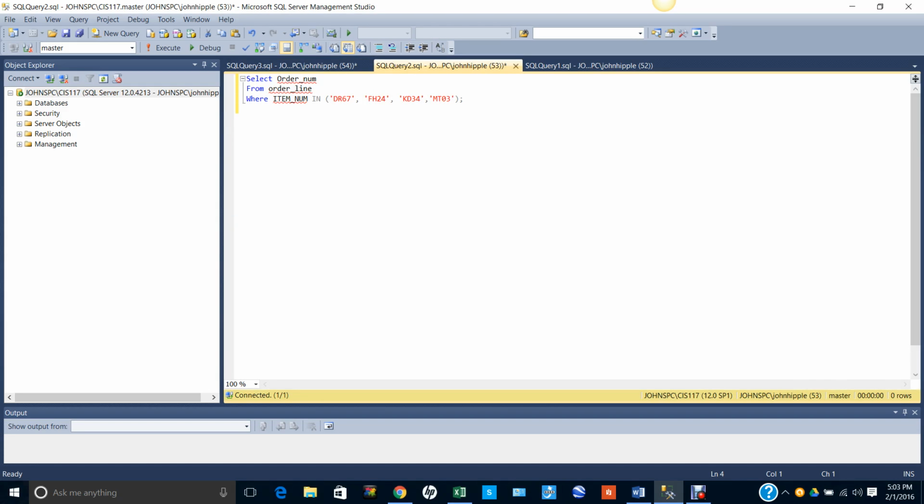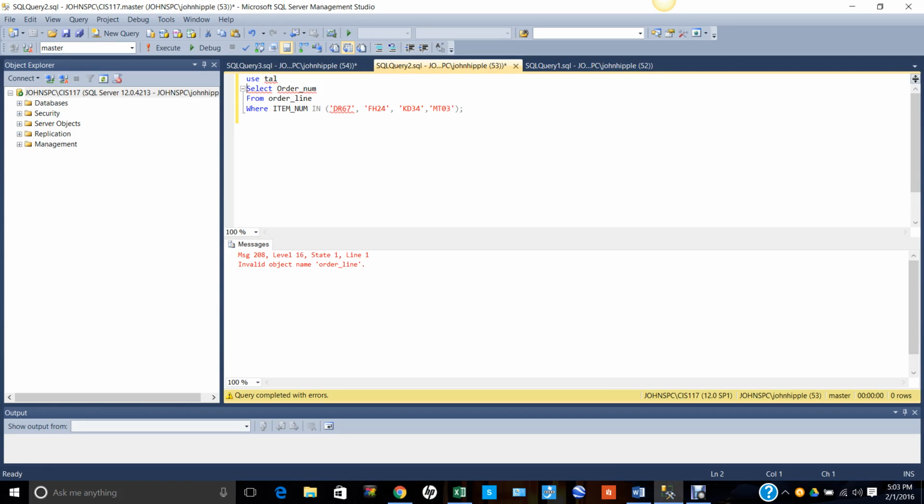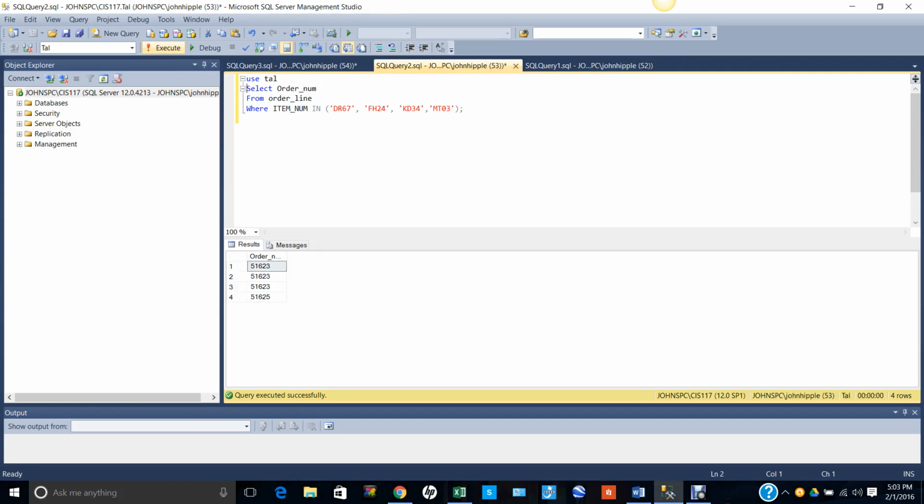You'll see it right here. When I run that, I have the same problem because here I didn't use the USE function. So here are the order numbers that we're looking for: 51623 listed 3 times, and